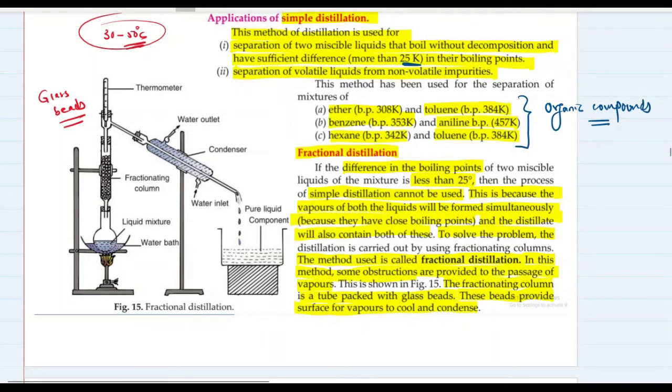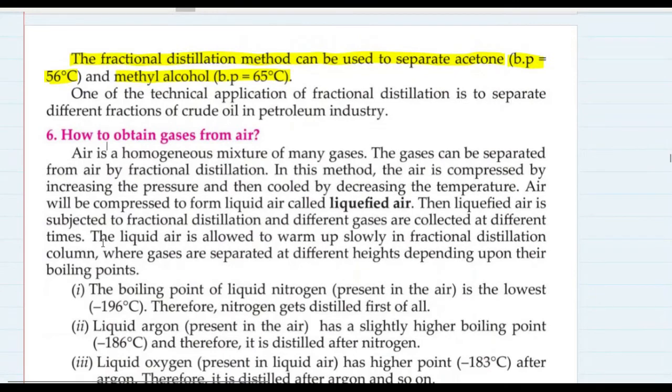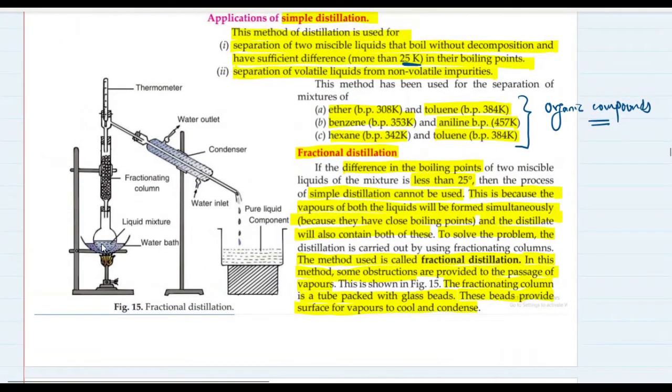But since the temperature of the vapors is not very high, they just condense over the glass beads present in the fractionating column, get converted into liquid form and trickle down to fall back again into the round bottom flask, into the mixture again, and get heated again. Now what happens is, the temperature of the mixture is continuously increasing because we are continuously heating it from beneath, right? So as 56 degrees Celsius is reached, which can be recorded directly from this thermometer,